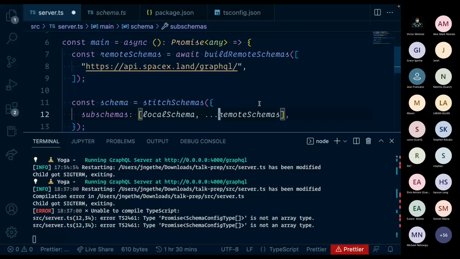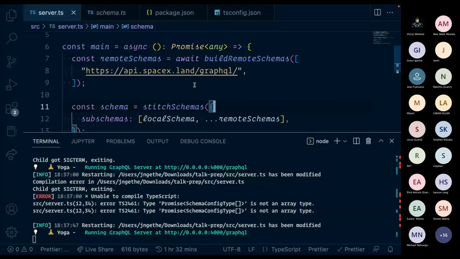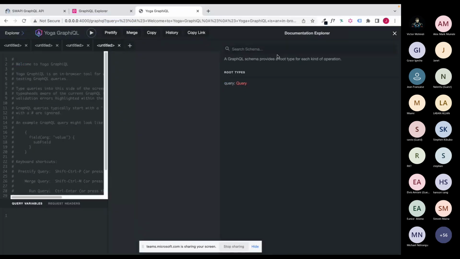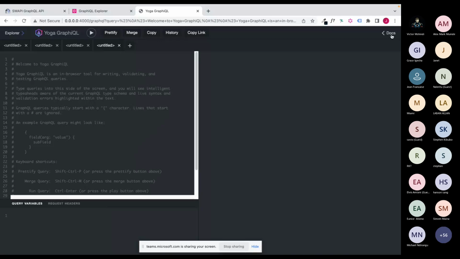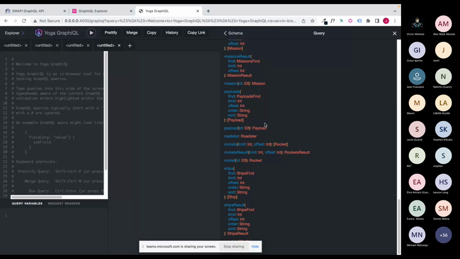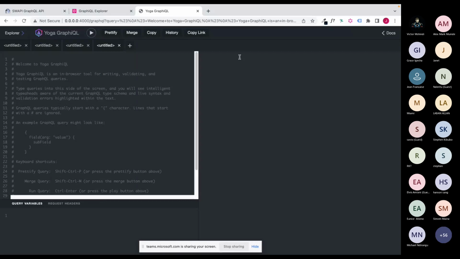Remember our API as it was, it just had a hello string. What I've done here is that we should be able to make queries of SpaceX within our GraphQL server. So I'm just going to refresh this. And now let's check the docs. Boom. You can see here we have a lot of other things which came from the SpaceX API.